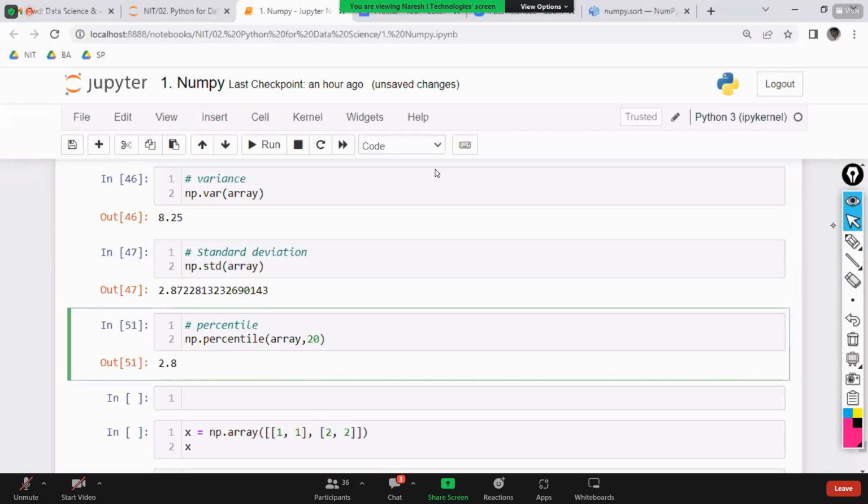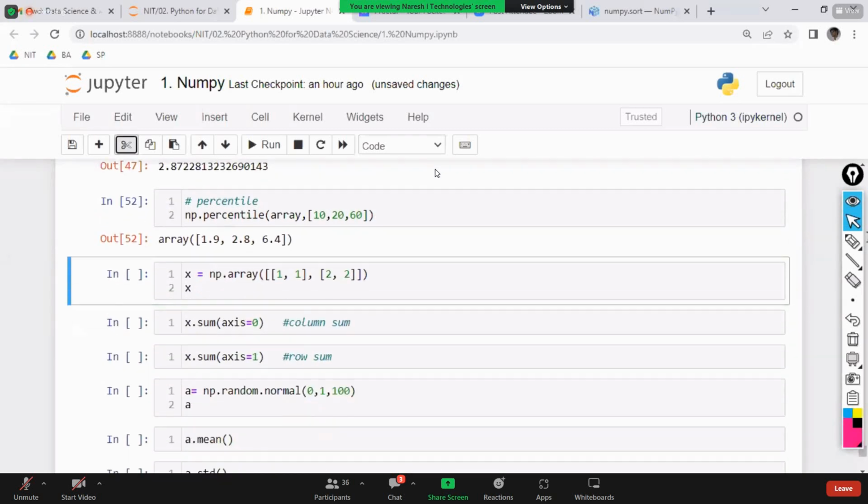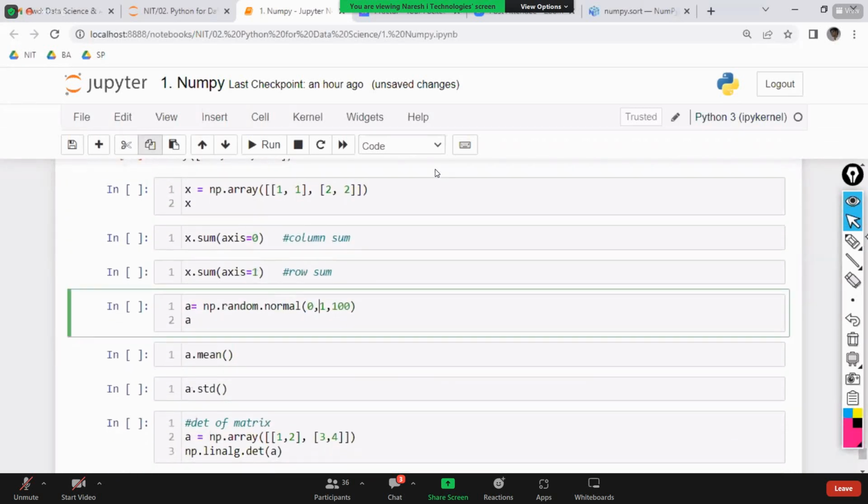Sir, I want the list of values at a time. Means 10, 20 and 60 percentile. These 3 I want. So take the list of values: 10, 20, comma 60 percentile. So just apply the percentile. So these are the list of values. So now you are going to get list of values. Single value means single value, list of values means list of values. Multiple values are called as list of values. Right? Similarly, you are going to work with respect to